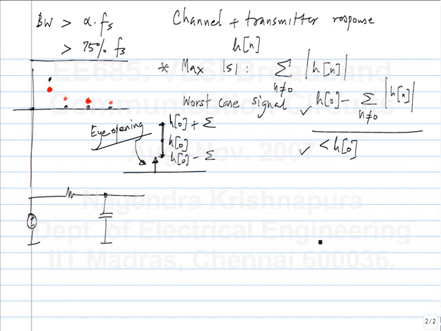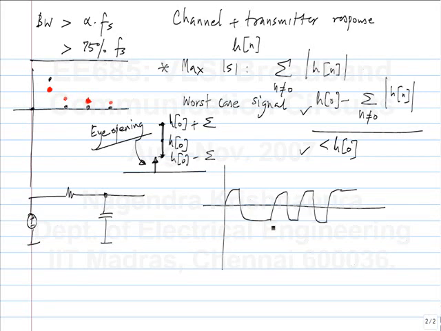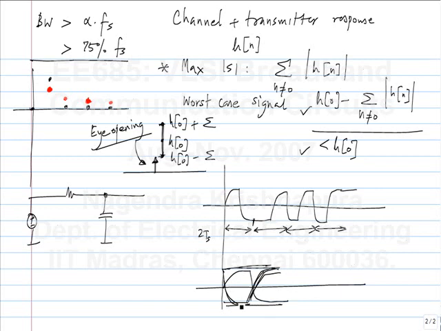So, let's say you have a system like this. The output signal can be something on this side. If you just look at this waveform, it's hard to say. You have to go and measure where it is minimum and so on. So, what is usually done is, you take 2 periods of the signal, that is 2 bits, 2 symbol durations, and plot it. I'll plot it on an enlarged scale, and then you take the next 2 and plot it on the same axis, and you take the next 2 and you can do the same. And then it also has things like this where the bits are not varying.